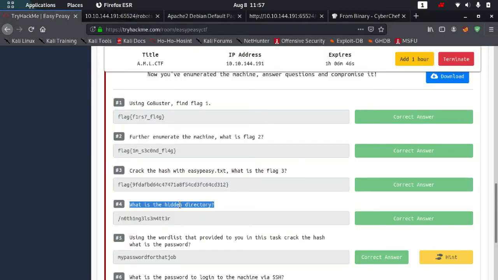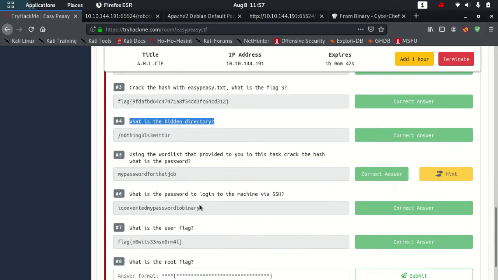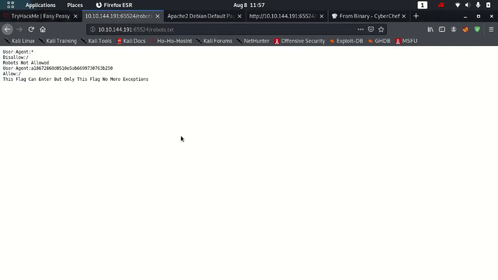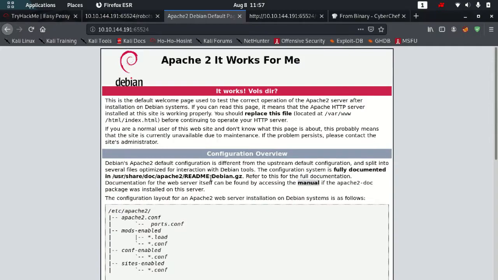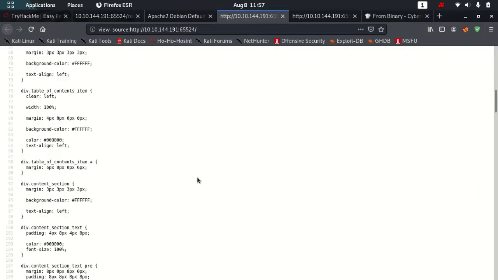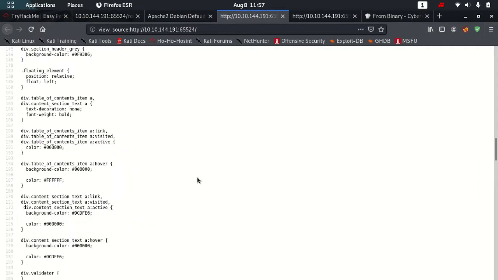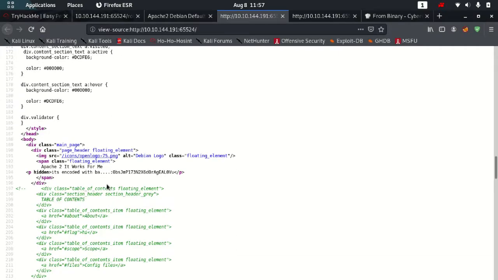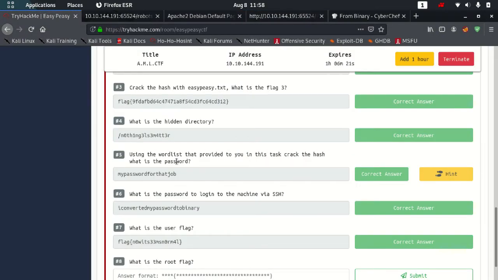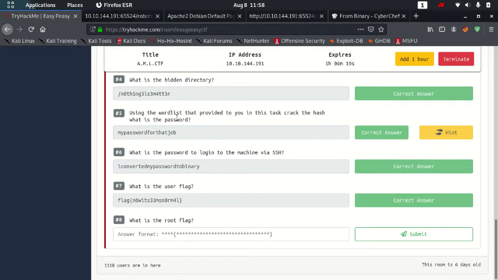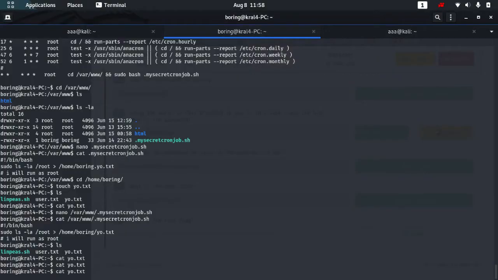And the hidden directory is nothing else matters, which we got again by looking at this page. This page had a hidden place over here. This was also encoded, I guess, base62 or something. Okay, let's now check.